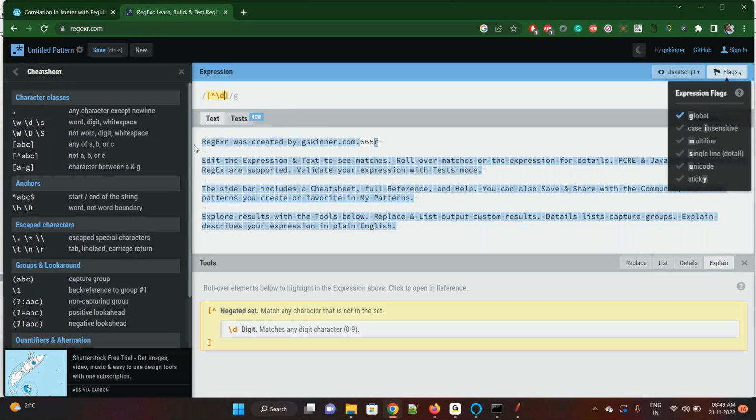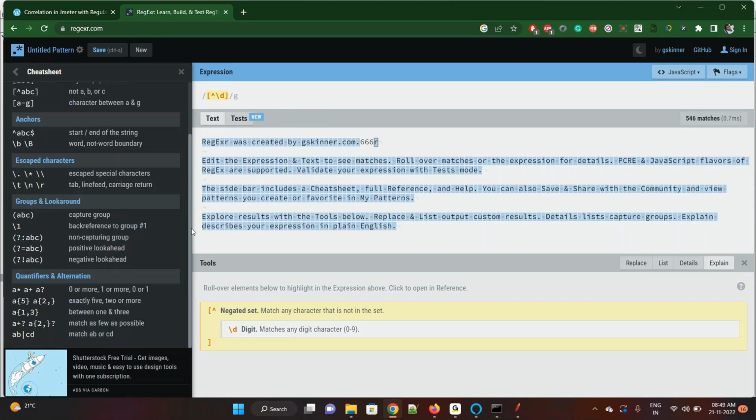Suppose I want to capture numbers like this, exactly 5 or 4. What I will do, or